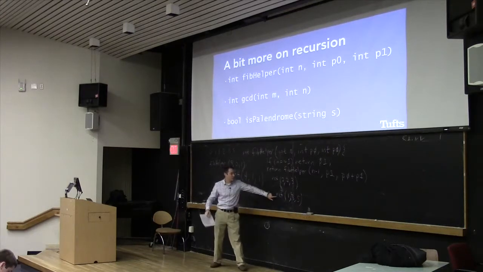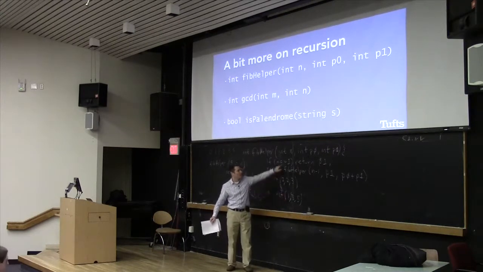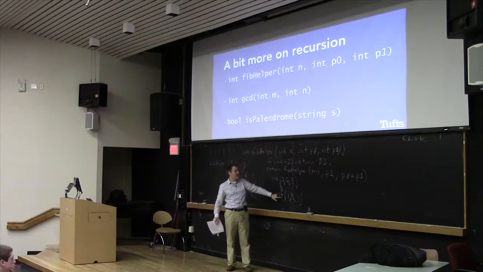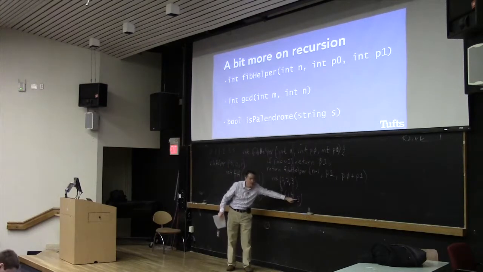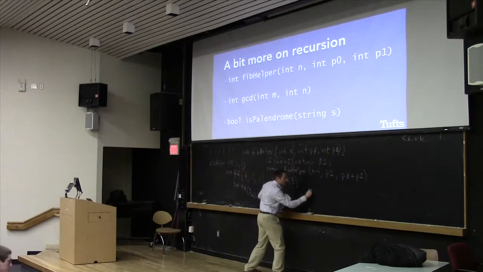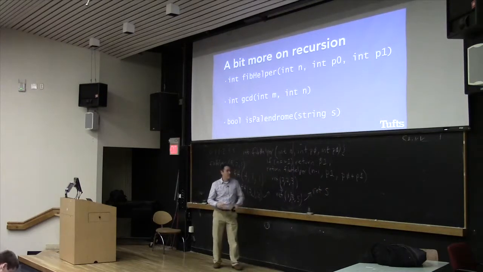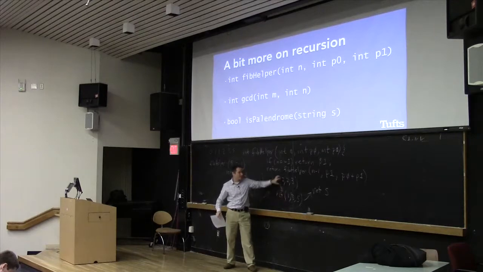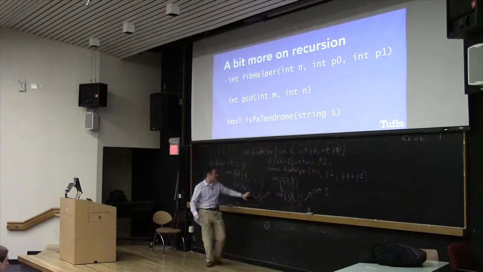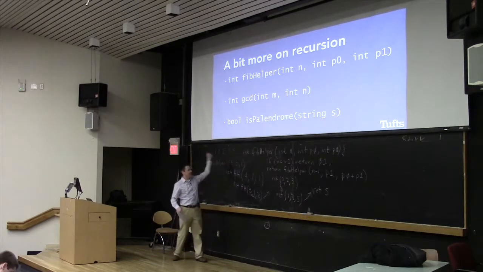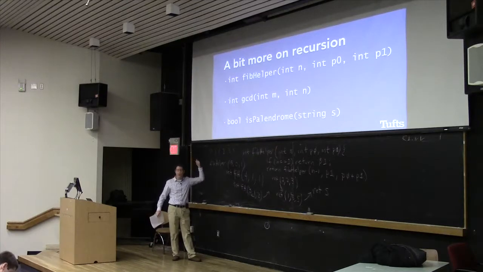And then this one, because n is 1, we get to our base case. And this one says, OK, I'm done. I'm just going to return P1 here. So this one returns 5. OK? And the 5 gets returned to this, which gets returned to this, which gets returned to this, which gets returned to this, and out the door back to the calling function.